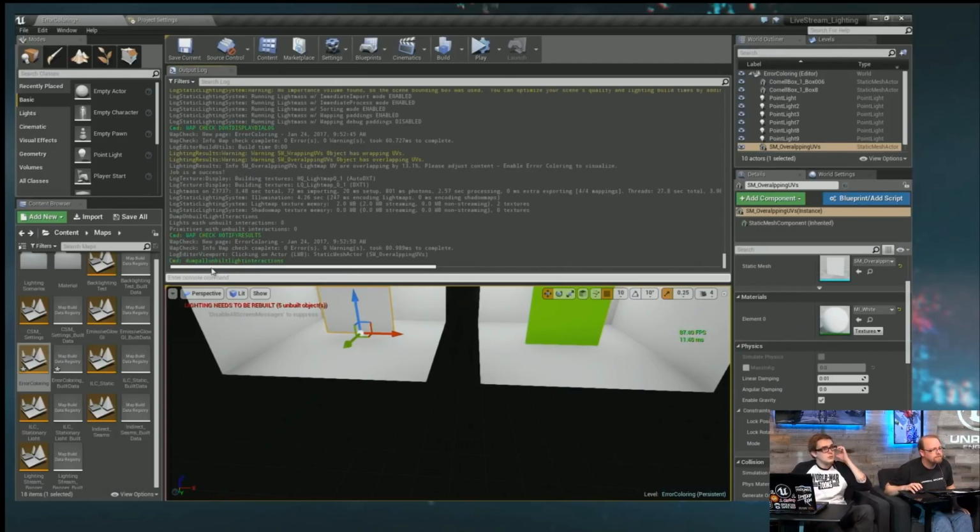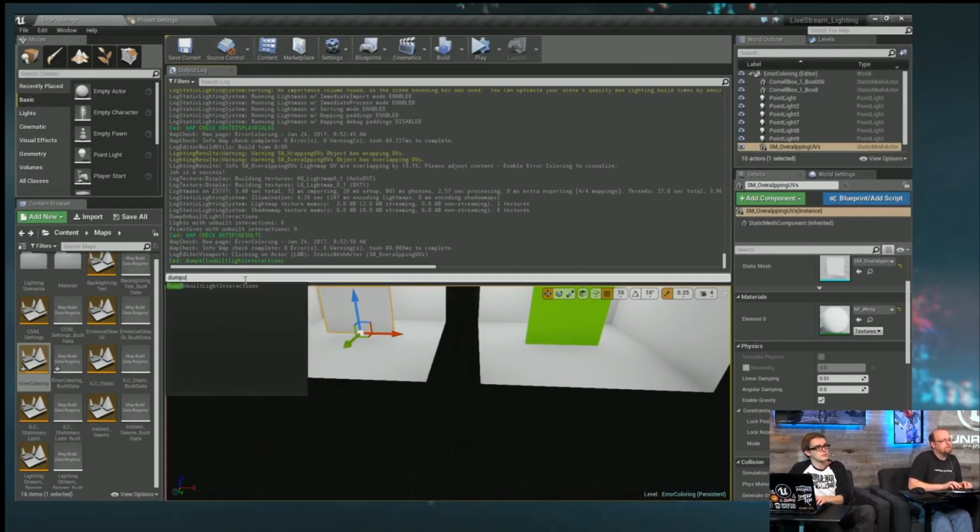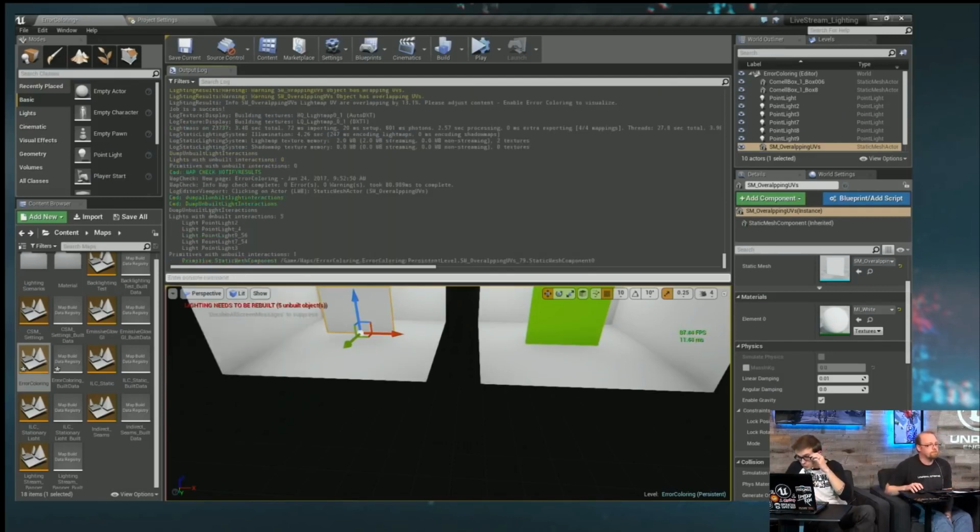No. What are you looking for? Yeah, I cannot see this. Dump unbuilt. There we go. So if I dump the unbuilt lighting interactions, what you get now is a list of the